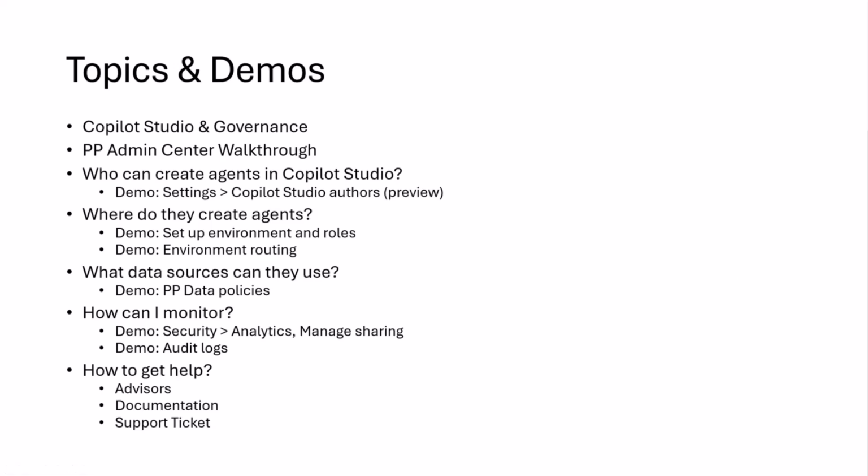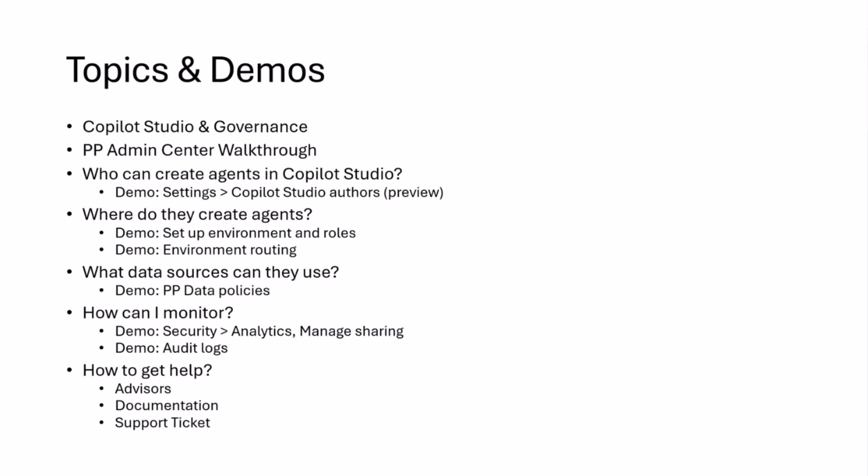Okay, so Copilot Studio is where you create those Copilot agents. It started as what used to be called Power Virtual Agents, but it's a much more evolved version of Power Virtual Agents. So you can use it to create AI assistants or AI chatbots or AI agents. And because it is part of the Power Platform, most of the governance for Copilot agents is done using Power Platform Admin Center. And what we'll do is we'll walk through the Power Platform Admin Center today, and we'll try to cover some demos along the way.